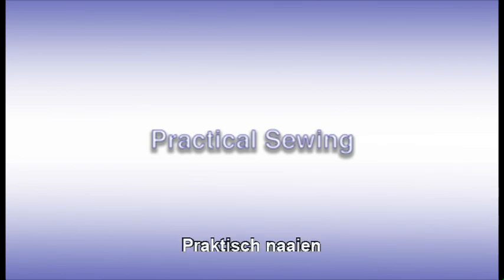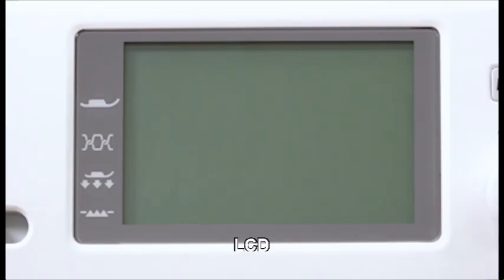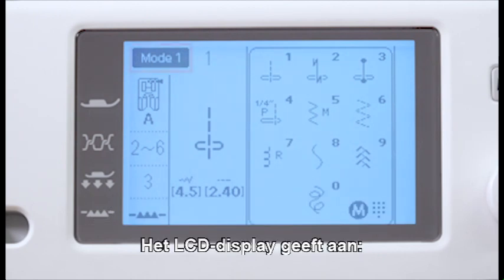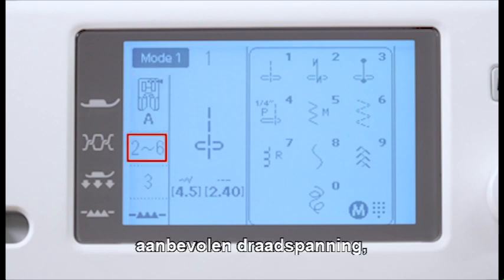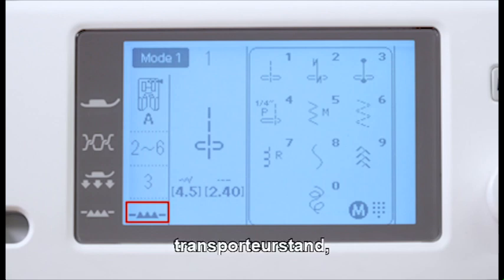Practical sewing. LCD. When turning the power switch on, the LCD screen will show straight stitch 1 of mode 1 has been selected. The LCD display will show selected mode or type of attached needle plate, recommended foot, recommended thread tension, recommended foot pressure, feed dog position,